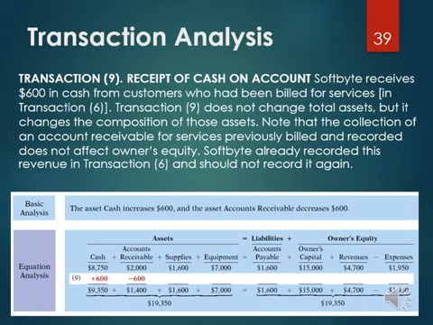Transaction 9. Receipt of cash on account. SoftBite receives $600 in cash from customers who had been billed for services in Transaction 6. Transaction 9 does not change total assets, but it changes the composition of those assets. Note that the collection